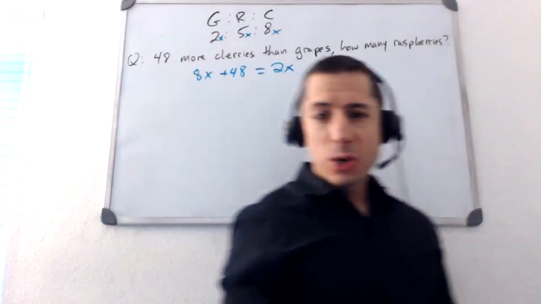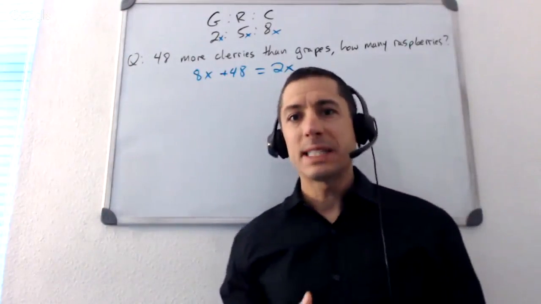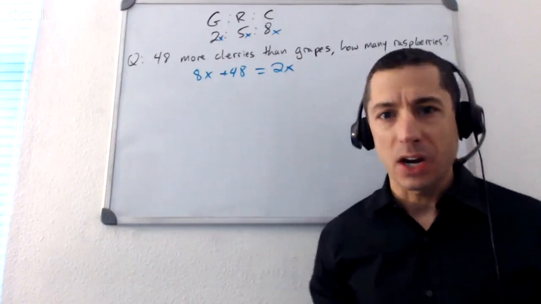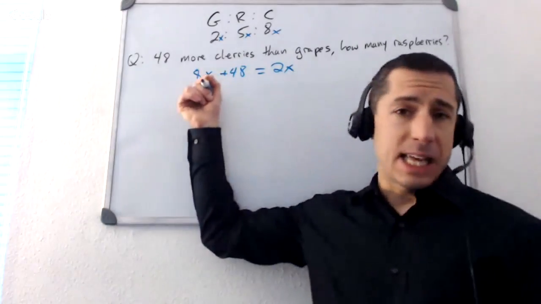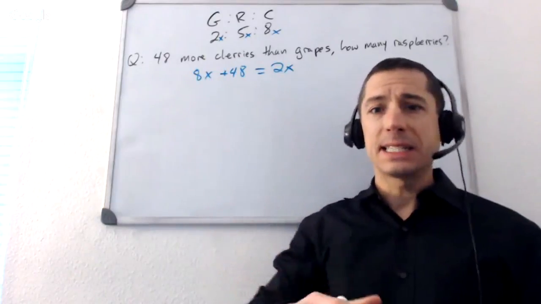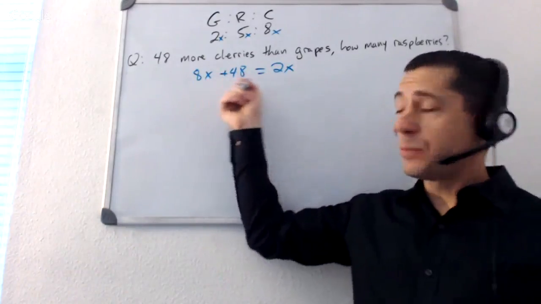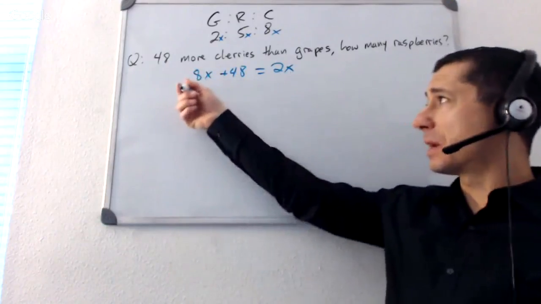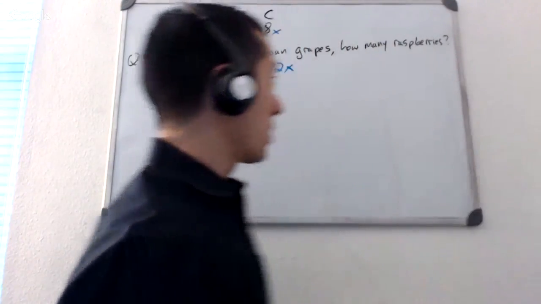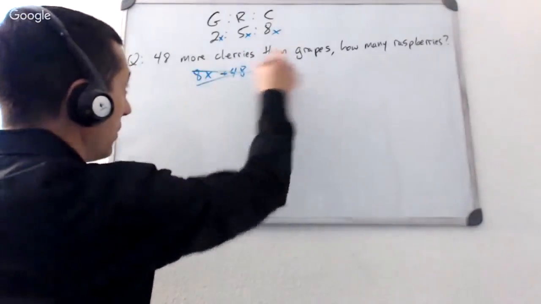Not just on ratio questions, but all over the place. What's the most common careless error I see on algebra questions, word translation questions, this kind of thing? Whenever you get the chance to say, wait a minute, does this make sense? Very, very simple thing you can do here and just go, does it really make sense to add something to the big one to get the little one? Of course it doesn't. It's got to be the other way around.